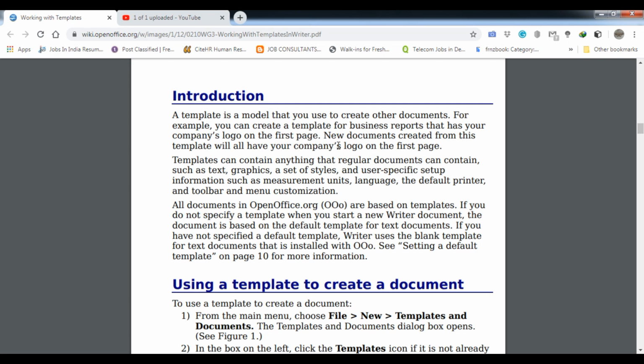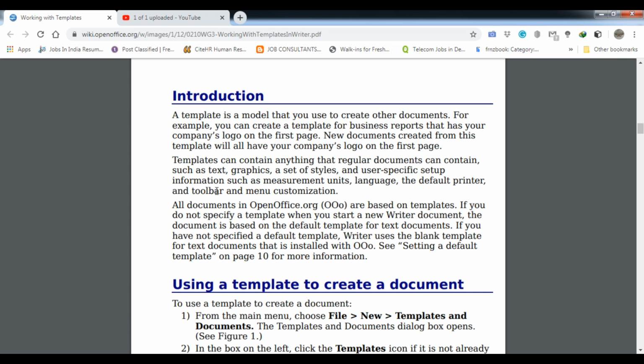The same thing applies in theory. Say you are an employee of a company and you are going to design a report on the company's growth. You have to take the logo of the company, the watermark, and the letterhead. Everything is the same, but you are not going to design it again and again on your own. So to save your time, the template was introduced.